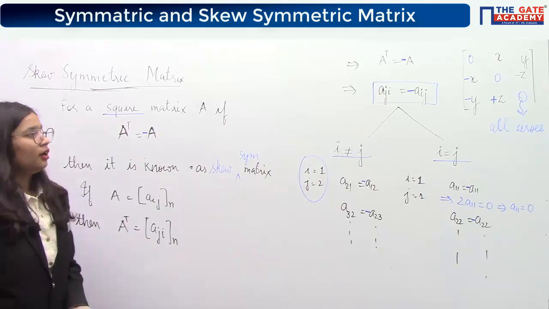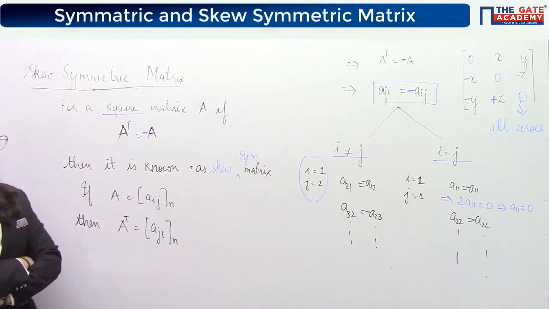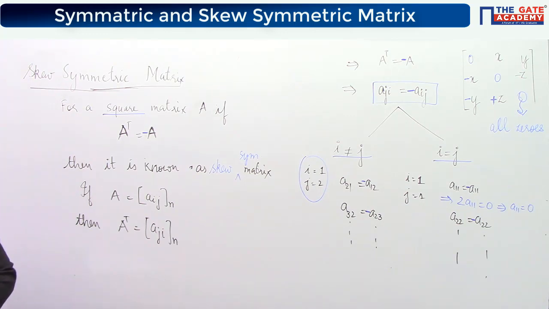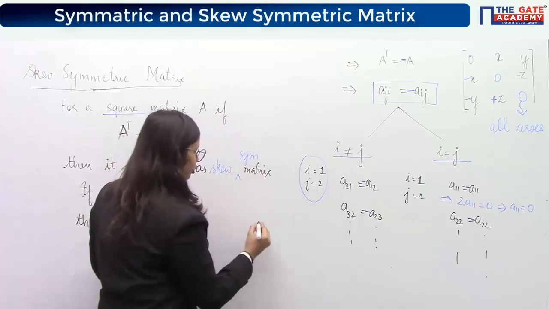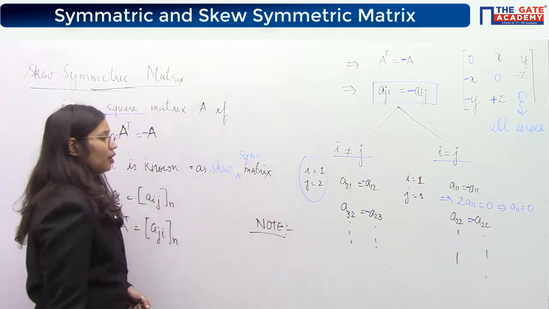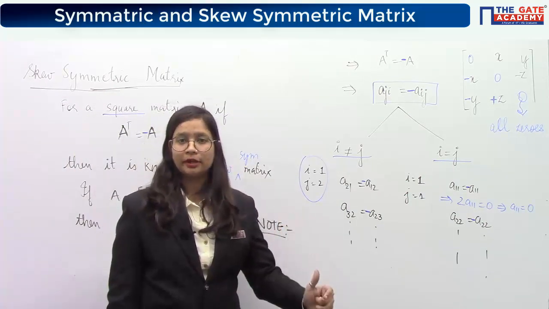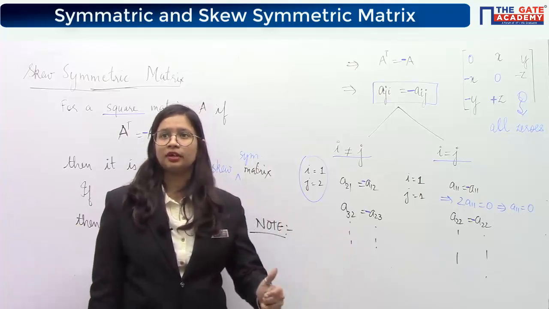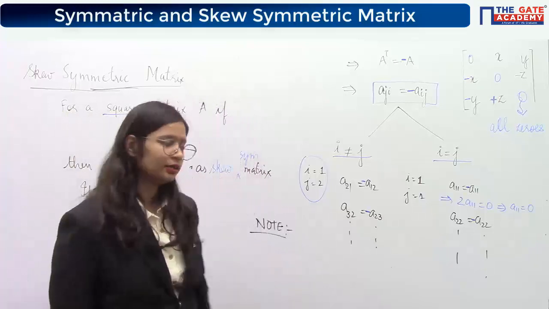Understood? And if understood, please write down all these things and focus on the term skew symmetric. It's not non-symmetric. Now I'll ask you one small question after this. Actually, it will be a note point. Write it as a note. First of all, answer me. What will be the sum of all elements of a skew symmetric matrix? Sum of all elements of a skew symmetric matrix. Can you answer this?